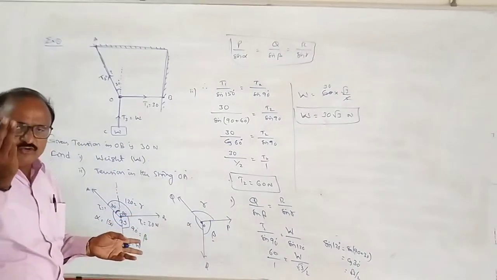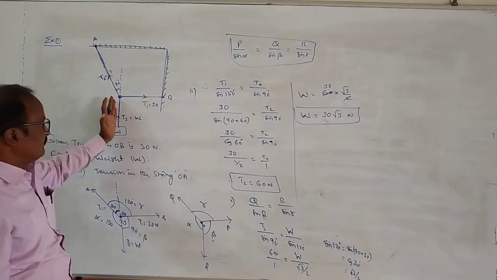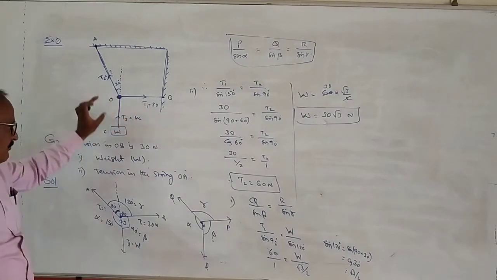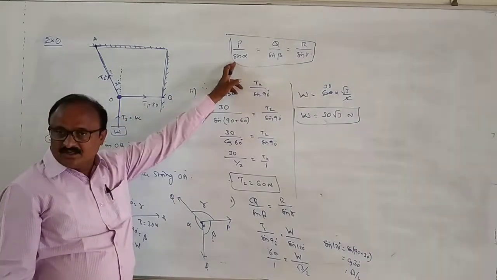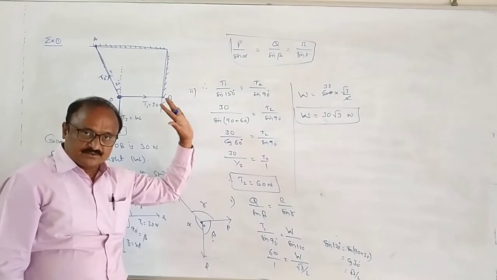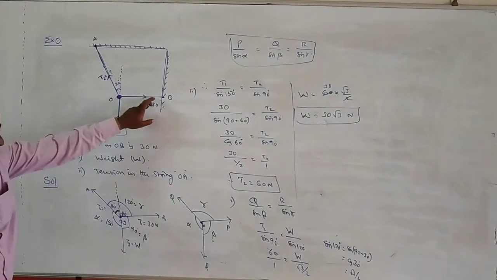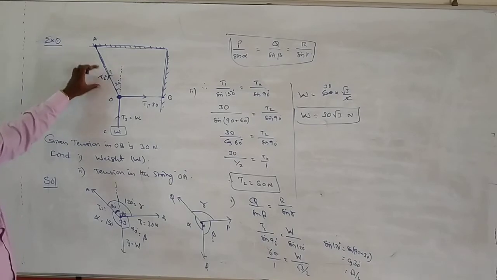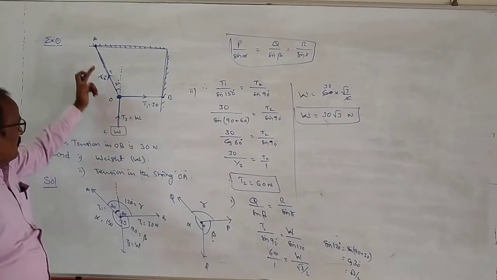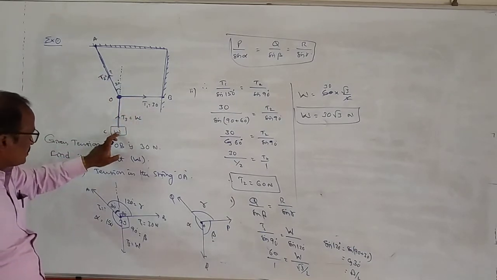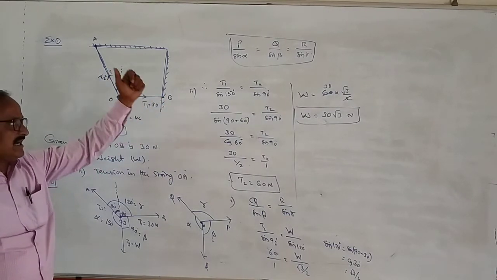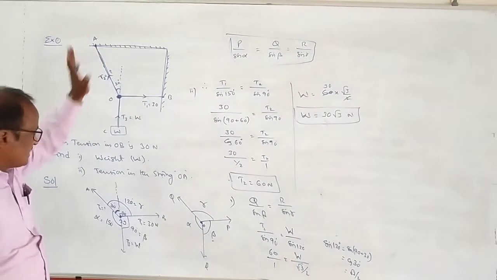Okay, now, 3 forces are acting: first force, second force, third force. If the particle is in equilibrium under these 3 forces, then only we can use Lami's theorem. After applying Lami's theorem, you can find the unknowns. Remember one point. If one of the forces is taken as P, the second is Q, and the last is R, then opposite to P the angle between them is alpha, opposite to Q the angle is beta, and opposite to R the angle is gamma. By knowing alpha, beta, gamma, we will find the values. Okay, this is the first method, Method 1.